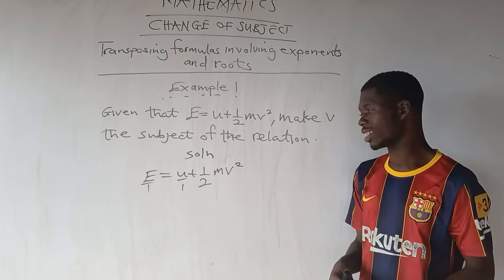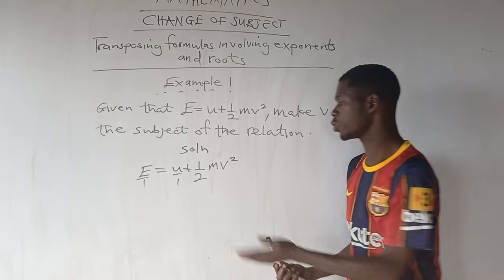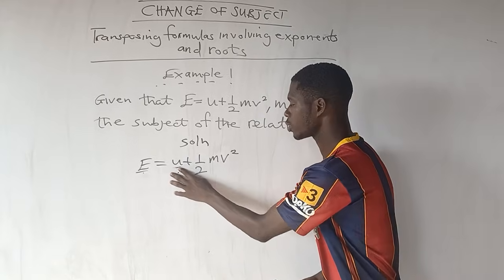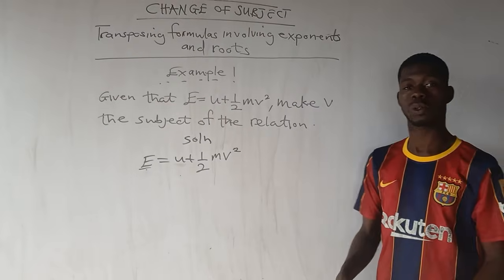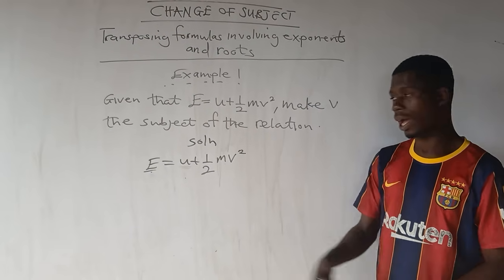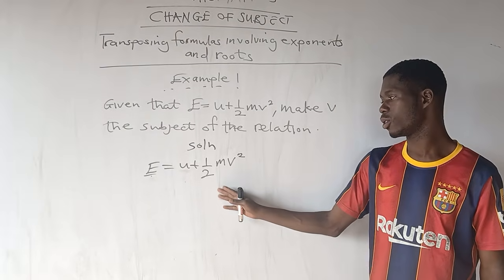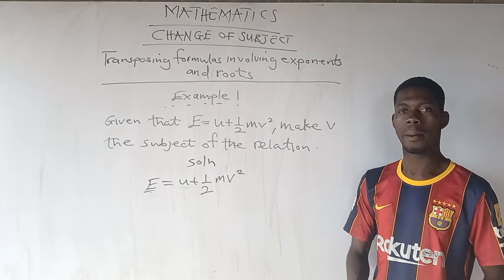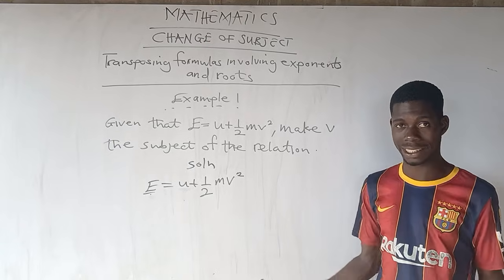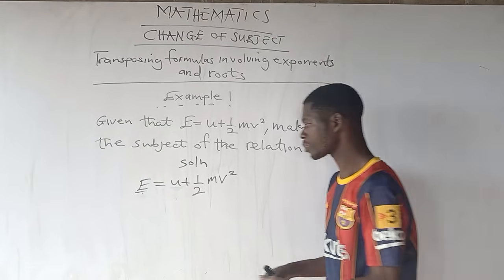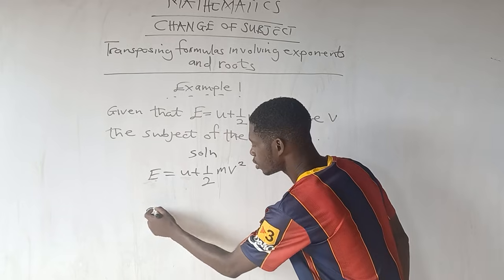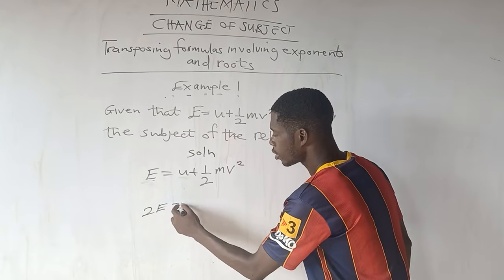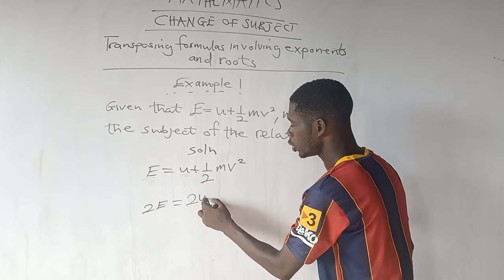How are we getting it? Yes. So the LCM is 2. Or we can decide to eliminate the fraction, right? We are eliminating the fraction. So suppose we multiply each term by 2, so that you can eliminate the fraction as well. Okay. So we get 2e, 2u,